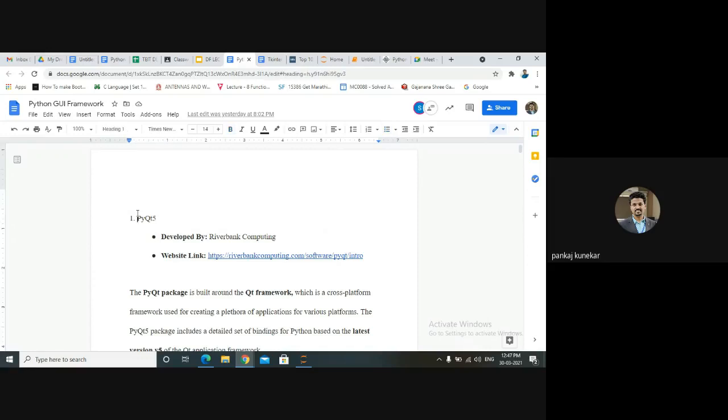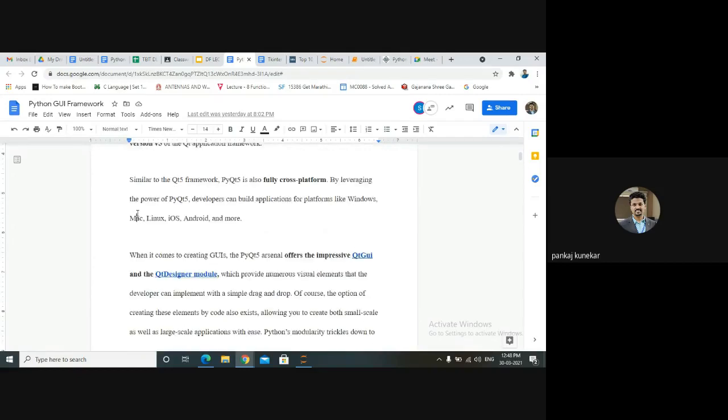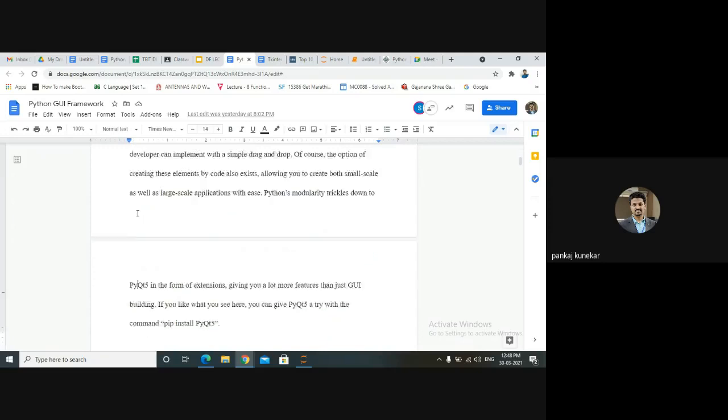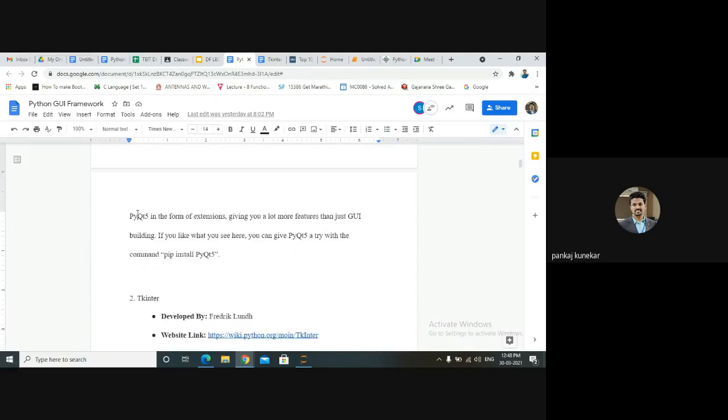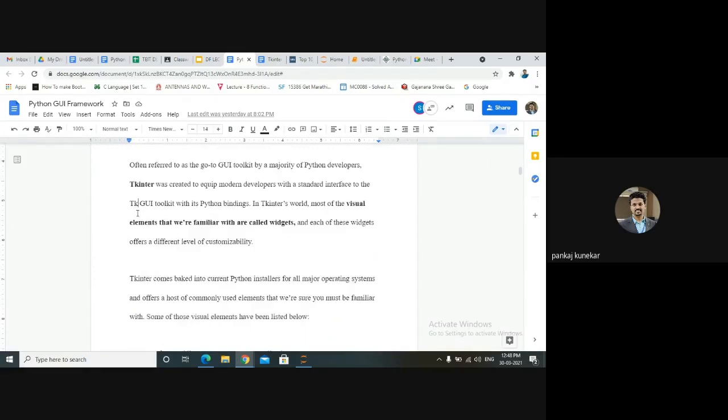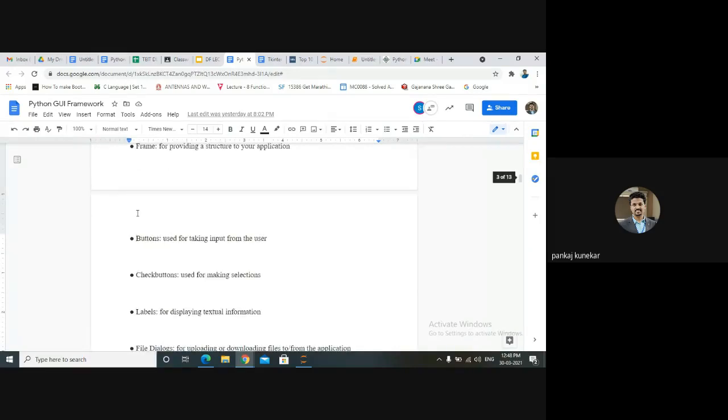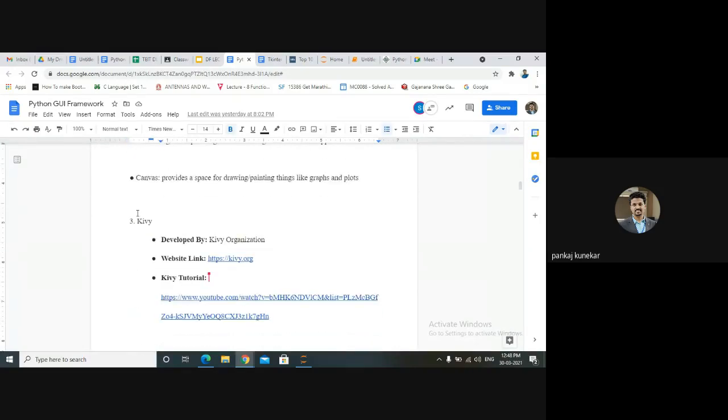There are more than 10 frameworks available in the market for GUI creation using Python. One is PyQt5, the latest one, a cross-platform GUI creation framework. Then we have Tkinter, a very popular GUI toolkit having different components and controls.